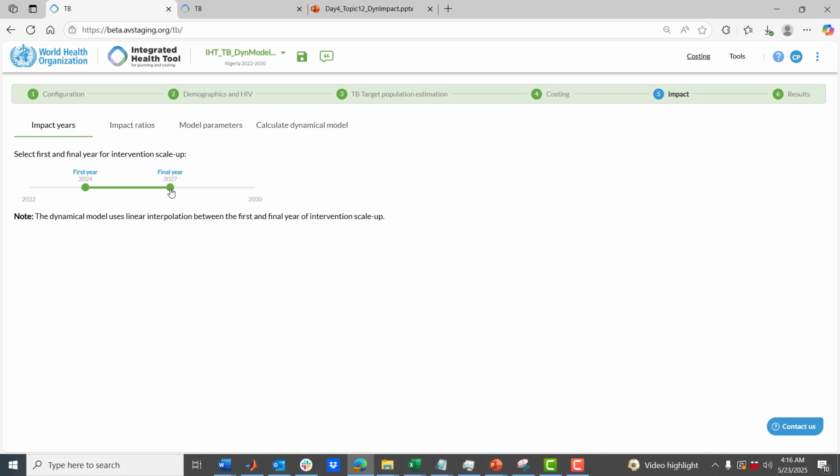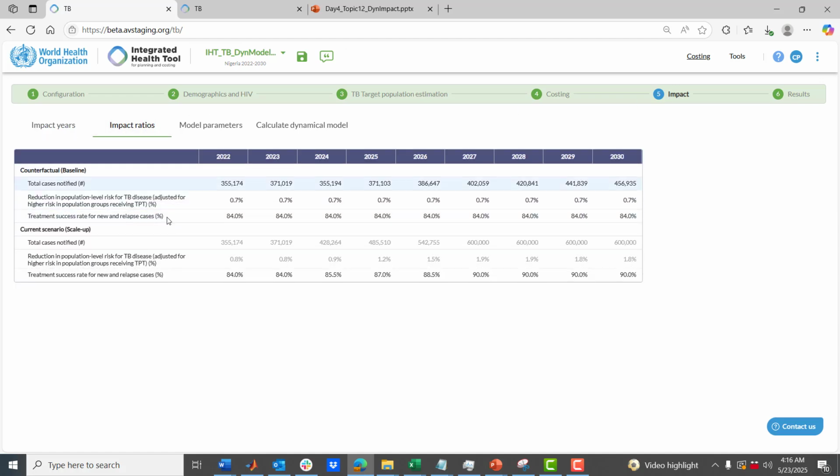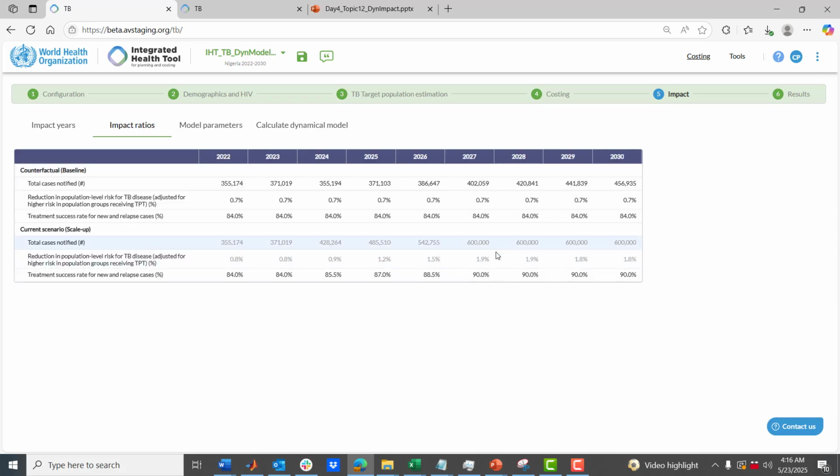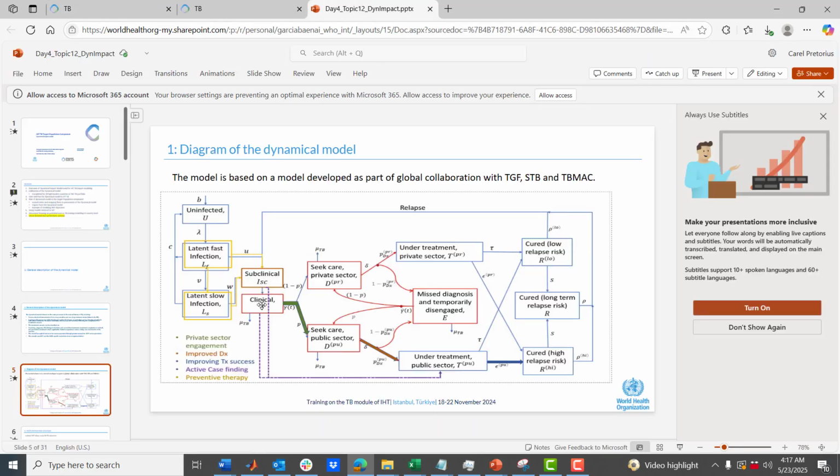Following the calculation outlined in the presentation on the statistical impact model, it can be shown that the hazard rates shown in the impact ratio editor imply an increase in 2027 of close to 50% in total notifications, an increase in size of 1.2% of the total population that is protected from TB disease, noting that we increase prevention in adult household contacts only, and a decrease of 37.5% in mortality from TB disease for those receiving treatment for TB disease. These relative changes are then mapped to parameters in the dynamical model associated with detection, prevention, and treatment of